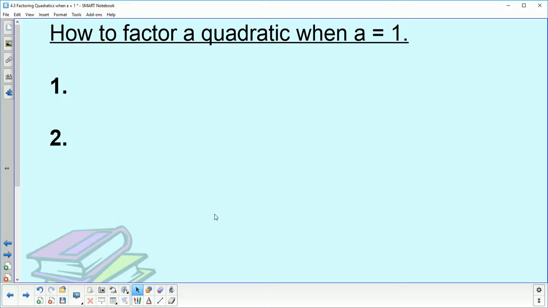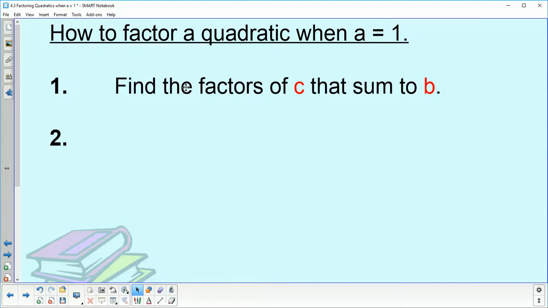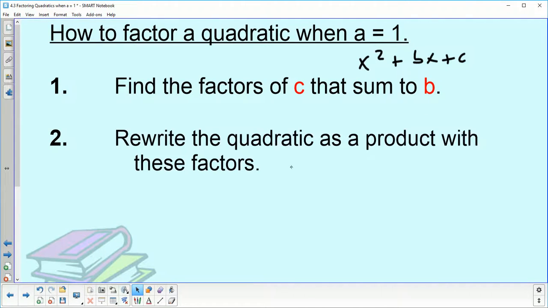The really big part of today is factoring a quadratic when a equals 1. The first thing you're going to need to do is find the factors of c that sum to b, and sum means add. So again, it's going to be of the form x squared plus bx plus c, and this only works when this number right here in front of x squared isn't written, or remember that means it's a 1. So the factors of c that sum to b are going to be rewritten as a product of those factors, meaning two